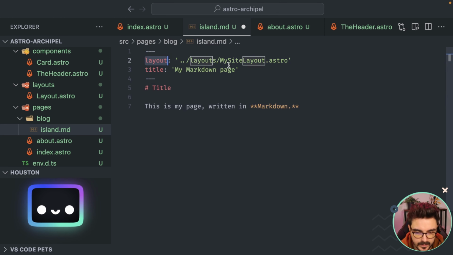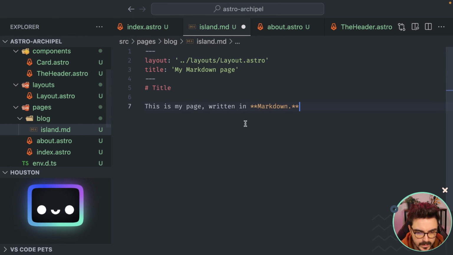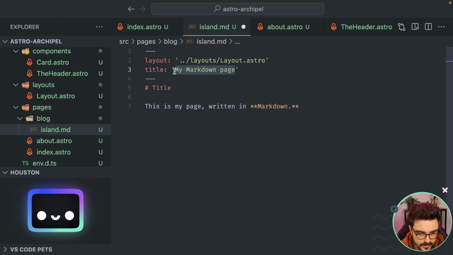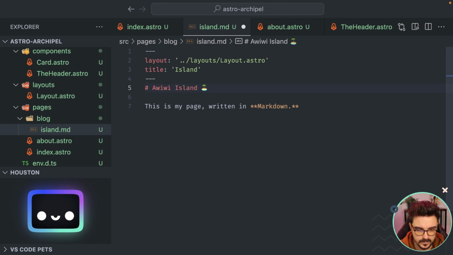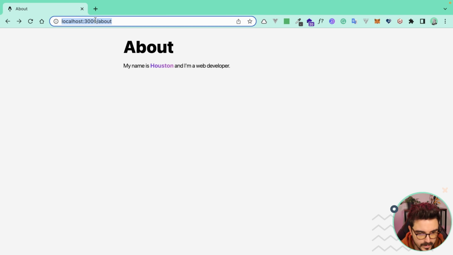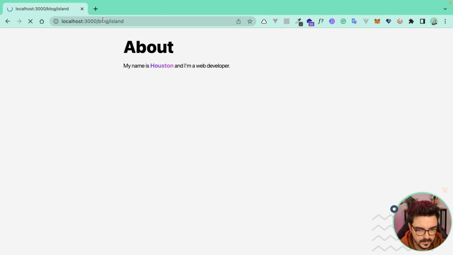And you can pass here in layouts, you can define the layout that you want the page to be. So we have this layout already built here, and we're gonna call it island. Island, and I love you, Copilot, perfect emoji. So let's go here, and if I go to blog and then island,